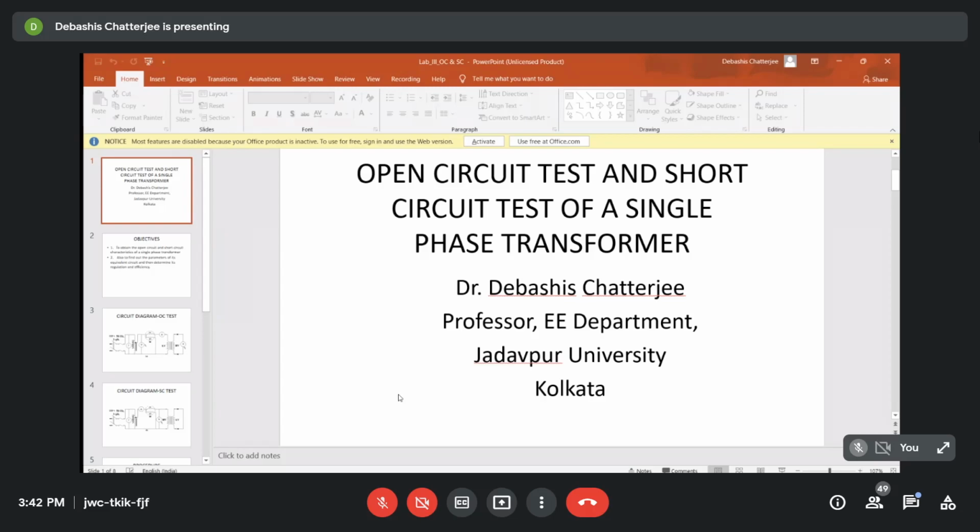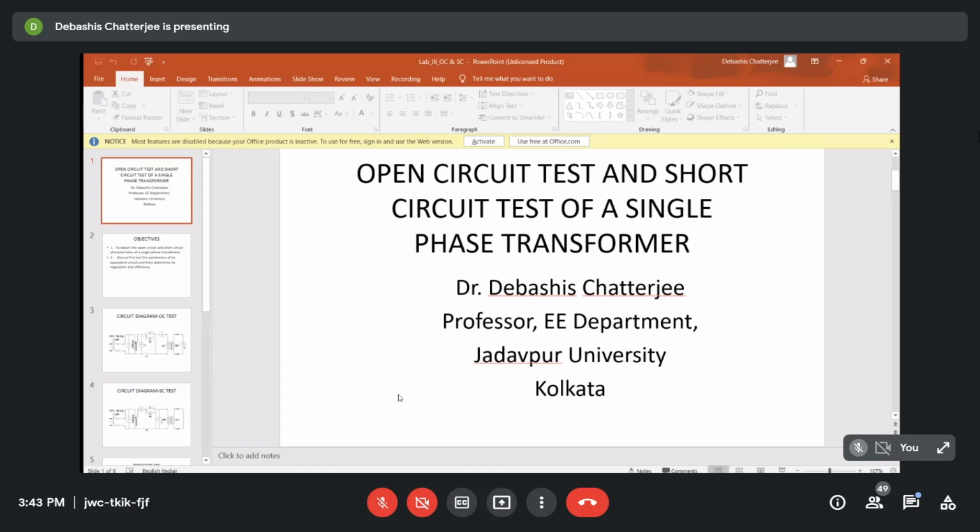Now, primary and secondary. Primary is the exciting side, where you connect the excitation, meaning the input voltage. So your excitation side gives you the primary winding and the load side gives you the secondary winding. It may so happen that your excitation side can be either the low voltage or high voltage side, and the secondary side will be the other. Means if the excitation side is low voltage, the load side will be high voltage.